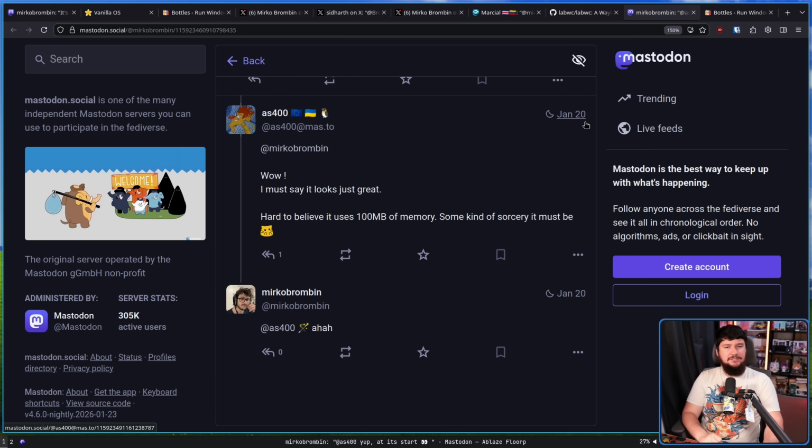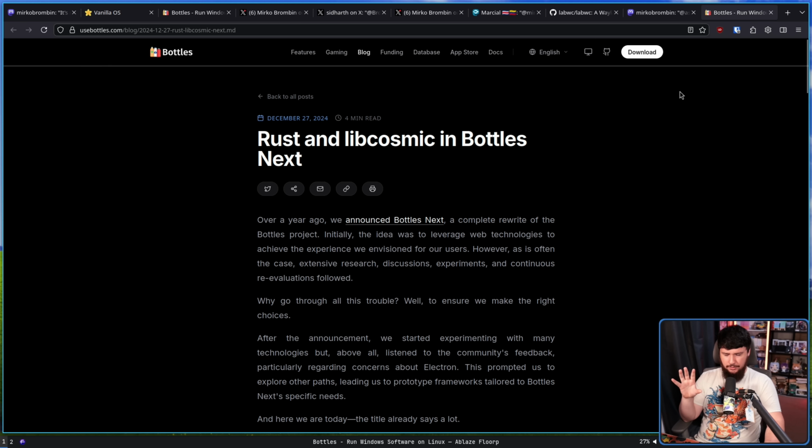And Bottles Next is also a very important mention, and this should give you more context on the fact that he doesn't necessarily hate the GNOME design language. So Bottles Next is a bunch of things. It was going to be built with web frameworks and then libcosmic. I don't know if it's still going to be libcosmic or if it's going to be GTK. I don't know what he's doing with it, but amongst other important backend changes and re-architecting how things work to make it easier to build new interfaces for it,